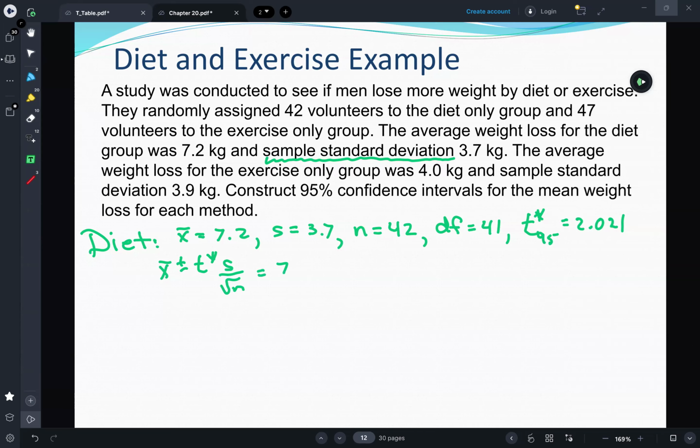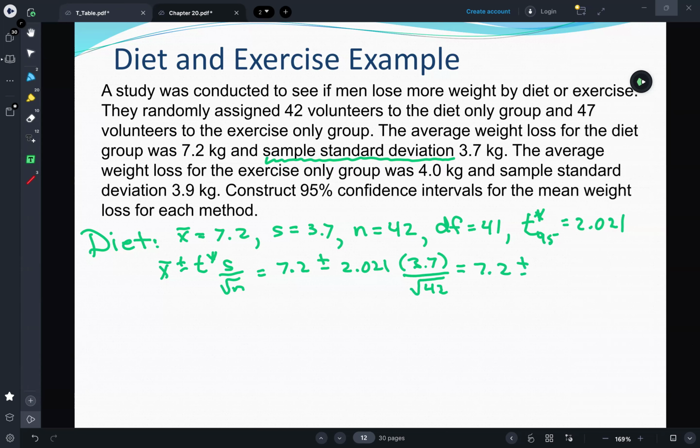That equals 7.2 plus or minus 2.021 multiplied by 3.7 divided by the square root of 42, which is going to equal